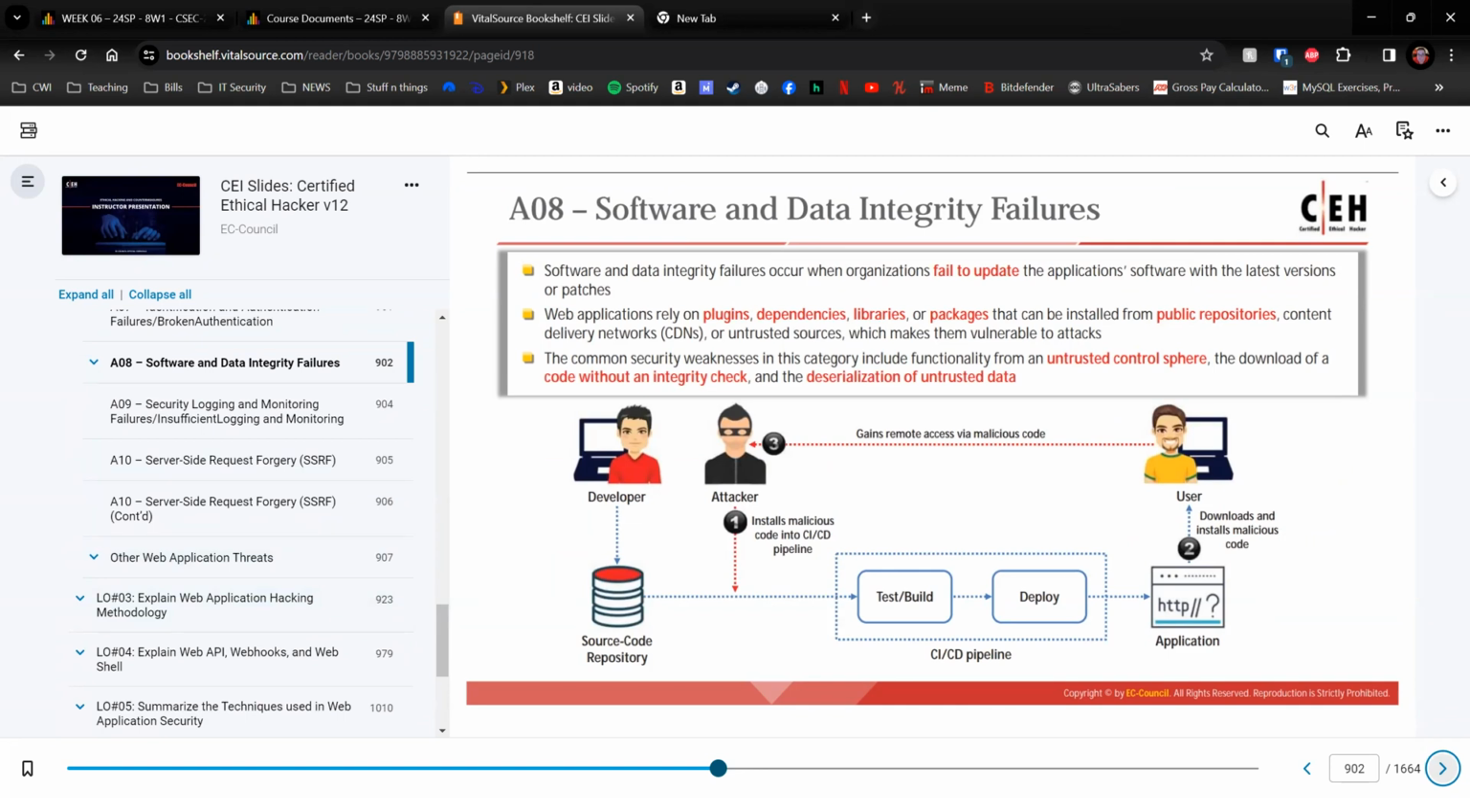Software and data integrity failures. Software and data integrity failures occur when organizations fail to update